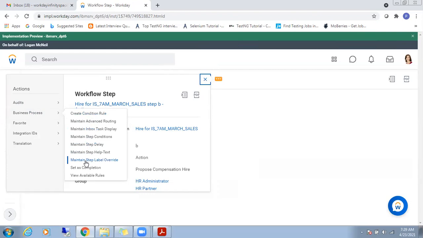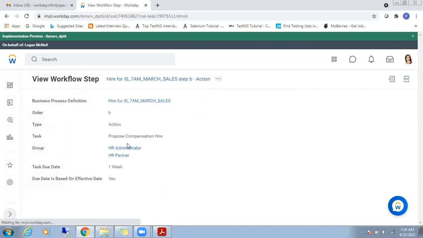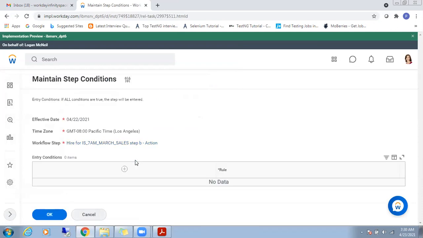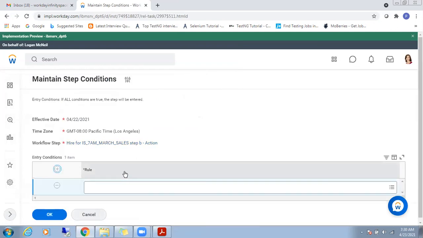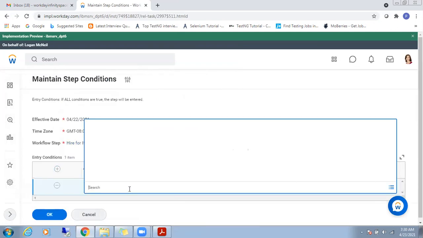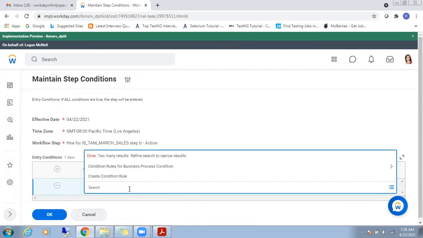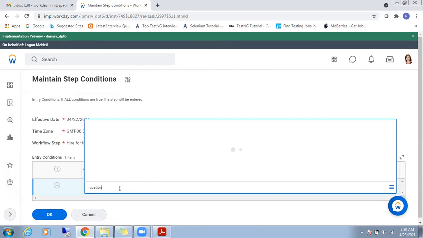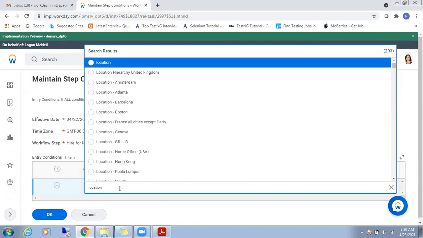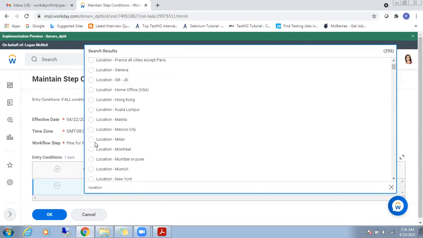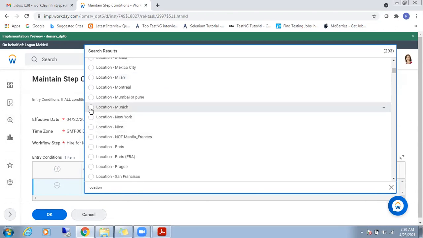Let me show you the things. Maintain step conditions. What are the conditions? For example, we want to create some rule to execute the condition. If I want to execute this step, the location should be Phoenix.